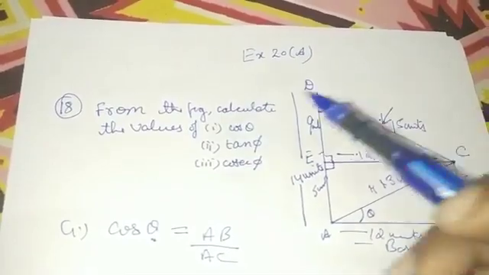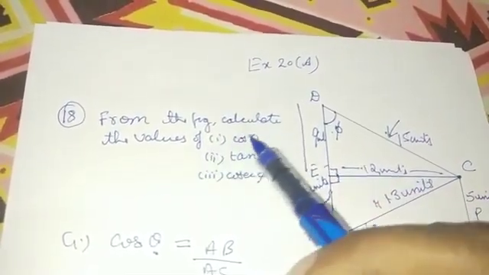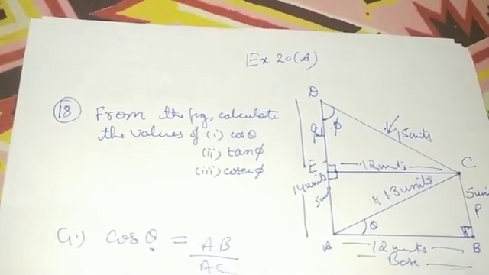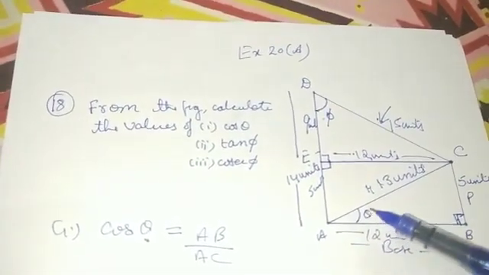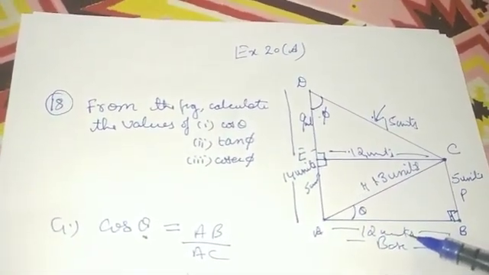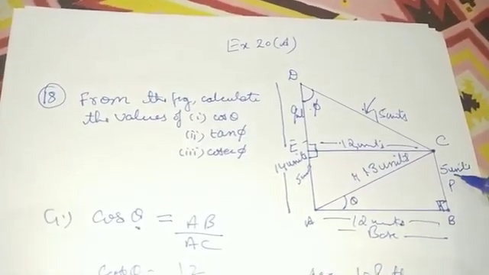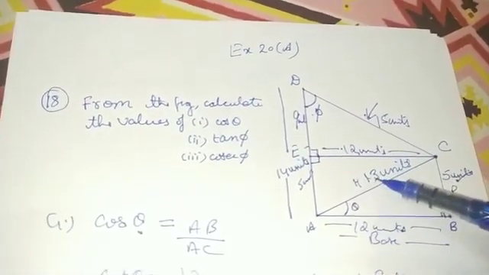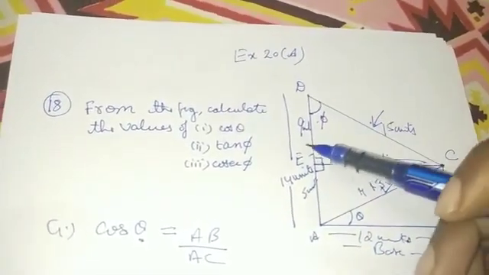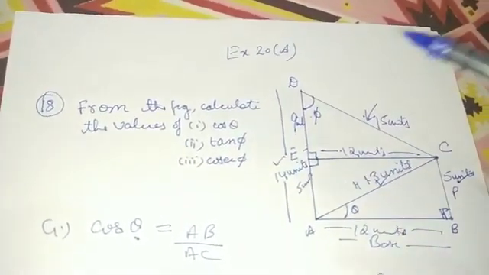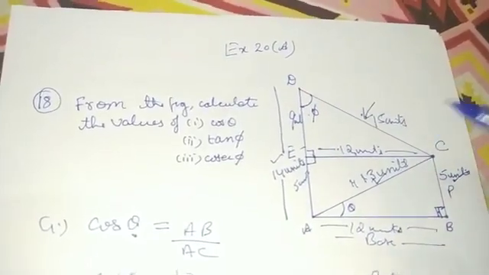You can refer to your books, and it says from the figure calculate the values of cos theta, tan phi and cosec phi. Where theta is this angle, this is unknown, this is what we are going to calculate. I will tell you how. This is given to us as 5 units, this is given as 13 units, this is given to us as 14 units, and this phi is given over here, and rest nothing.